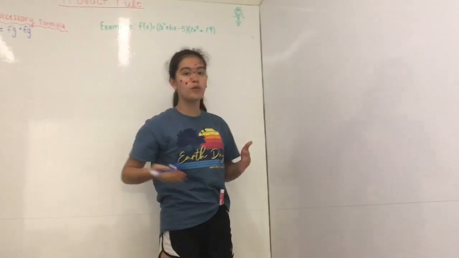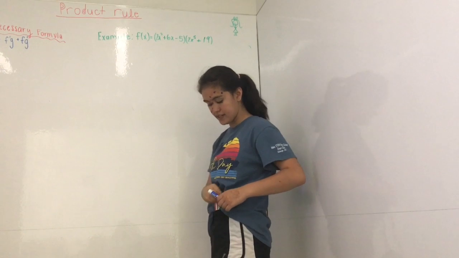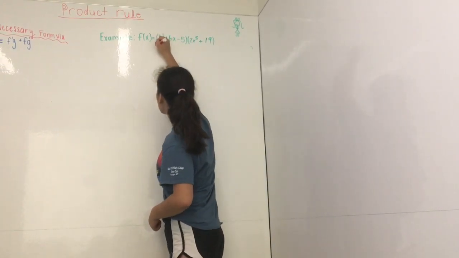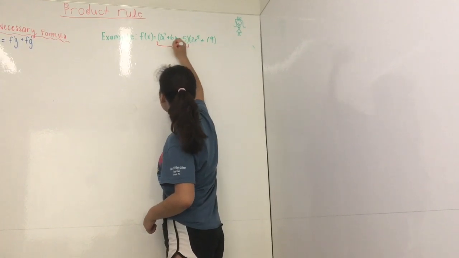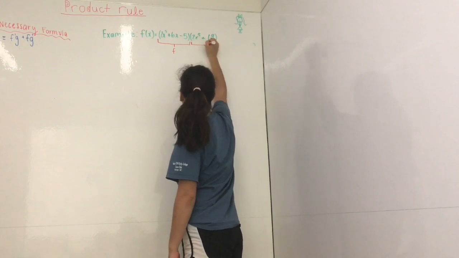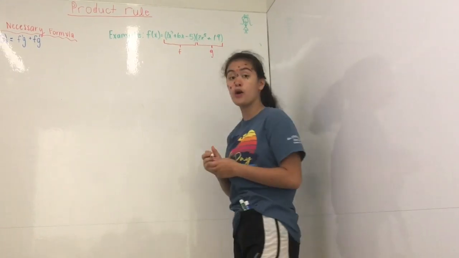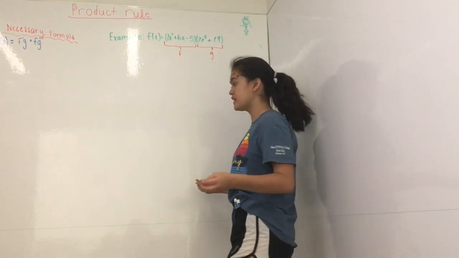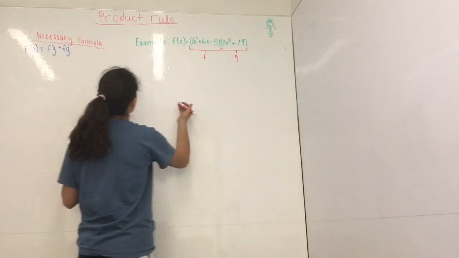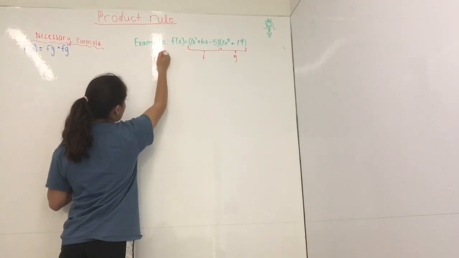So you may be wondering, well, what is f and g and what are their derivatives? So we have this equation and it's two things multiplying by each other. The first thing that multiplies is f, and the second thing that multiplies is g. And to find their derivatives, which we learned from both Cassie's and Luke's video, we're just going to use the power rule right now. So we're going to take the derivative of f, and that equals